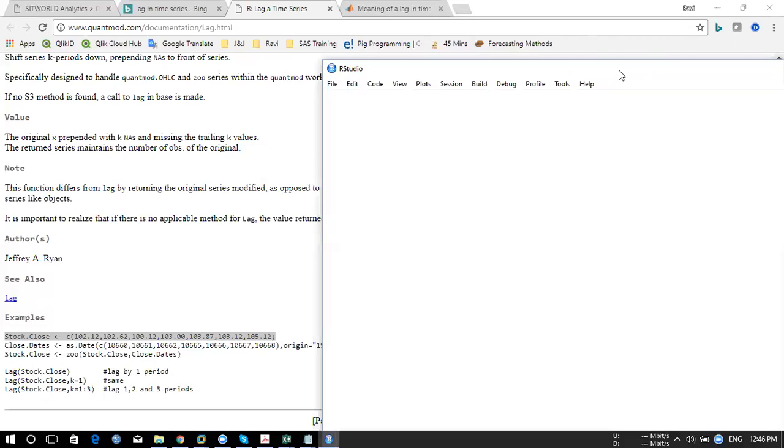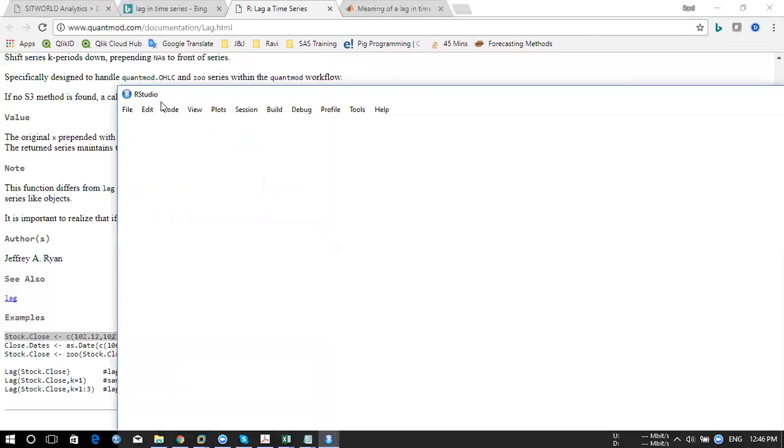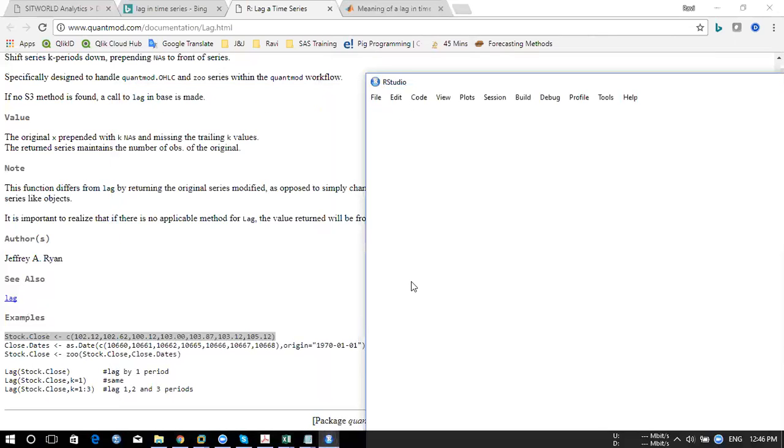It takes time. So that's why, see, over here it is given now. So lag of 1, 2, 3 will create the sequence of the data. Okay, so this is all about lag.